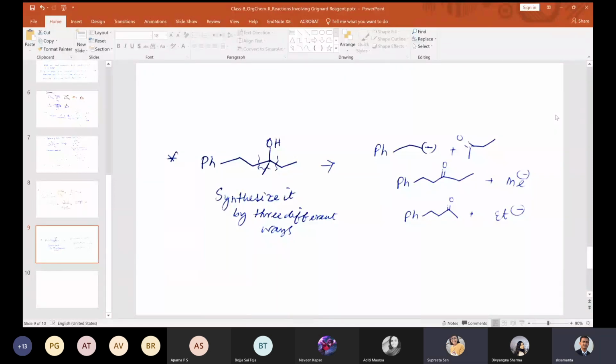Sir, in a general retrosynthesis question, do we have to mention all possible ways of synthesizing a molecule? No. In a general retrosynthetic question, you have to propose only the best possible or the logically possible path. Only one path, not all. Do we have to write all ways and then arrive at a conclusion that this is the best possible way, or do we directly write the best possible way? You directly write the best possible way.